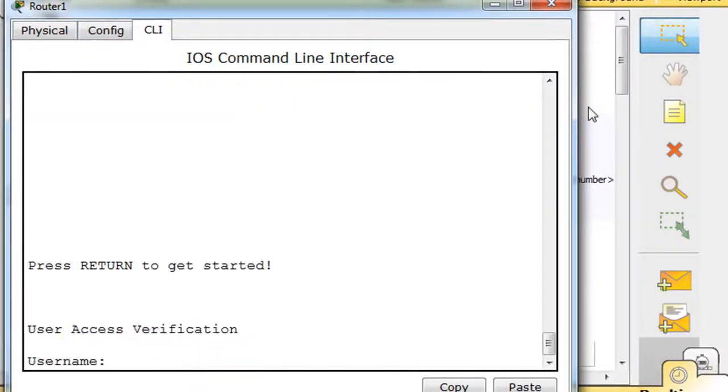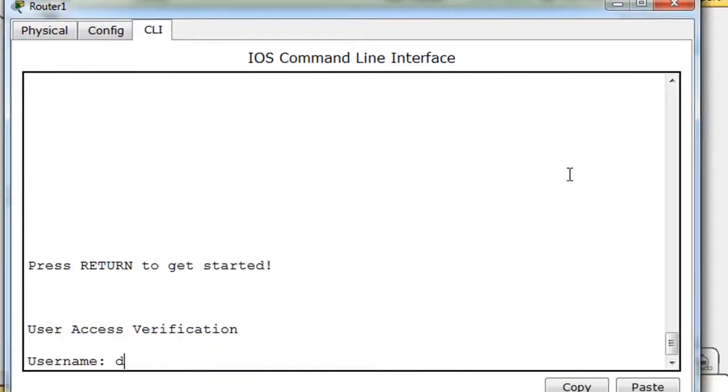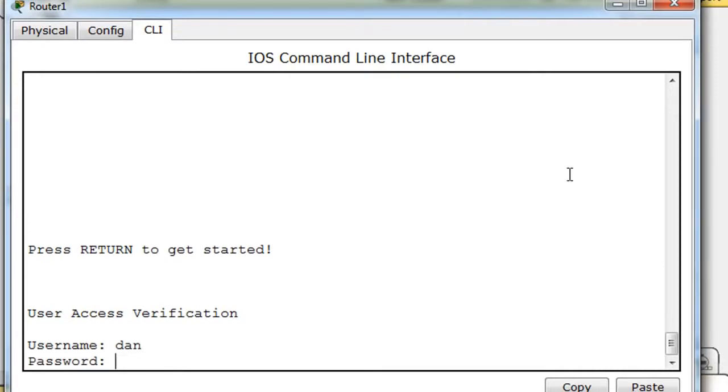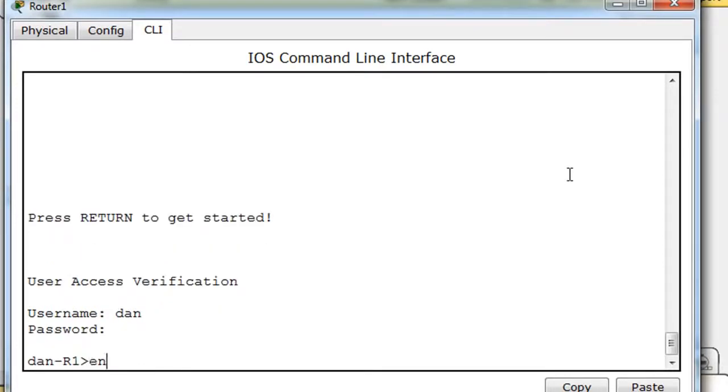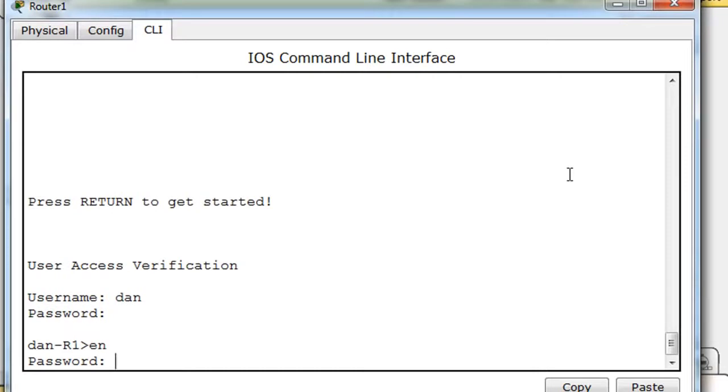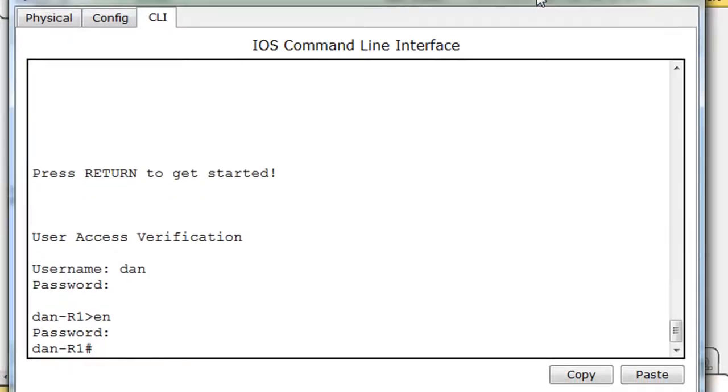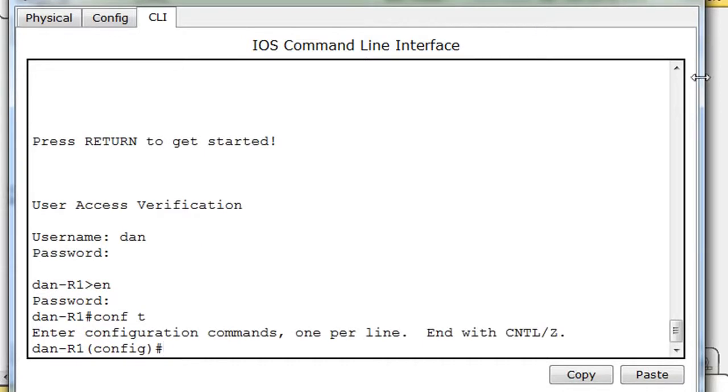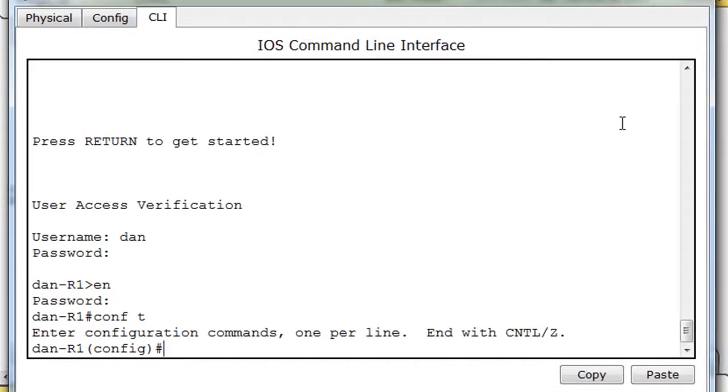All right, I'm going to press return to get started. Put in my password. Okay, put in my enable command. And now I'm in privileged user mode, and I'm going to do this from global config mode. So I'm going to put in conf t for short to get to global config mode. And now what I'm going to try to do is use the login